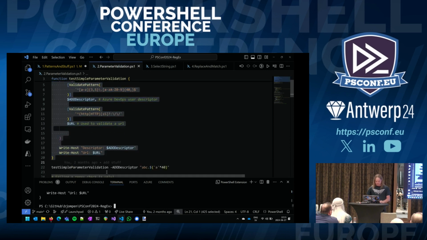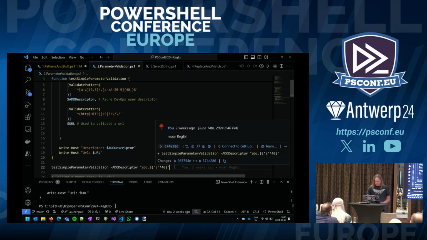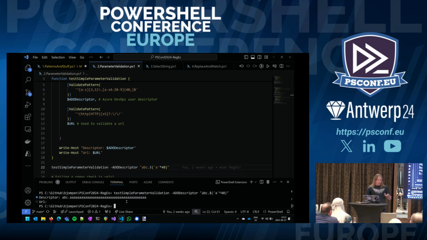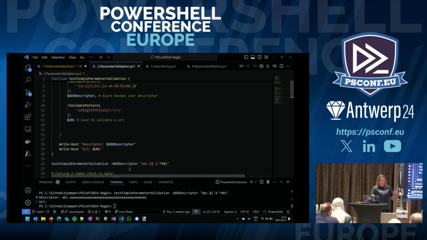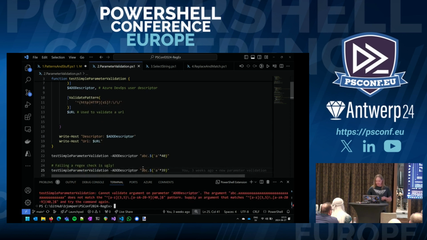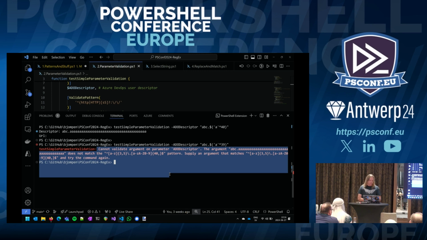So let's create a function. Let's run it. Now, if you're not familiar with this terminology, this basically means we're going to create a string, abc dot and then 40 a's. So it looks like this. And it works really well. The problem with ValidatePattern isn't really the pattern. The problem is this. The error messages when you use a ValidatePattern are absolutely disgusting, because if I would give this to a client, they would go, what? I have no idea what that means.